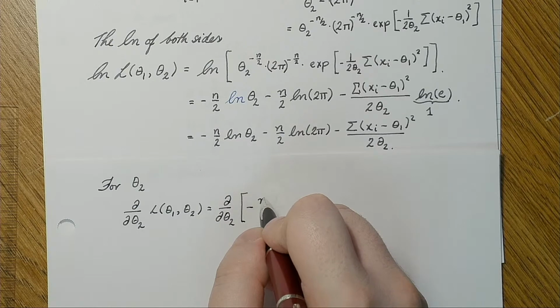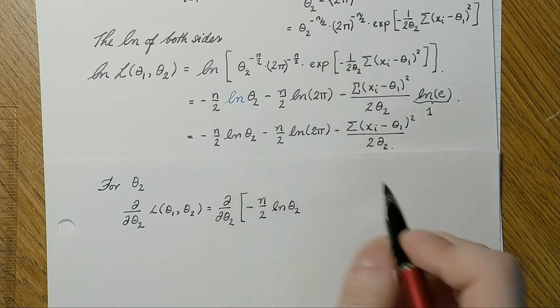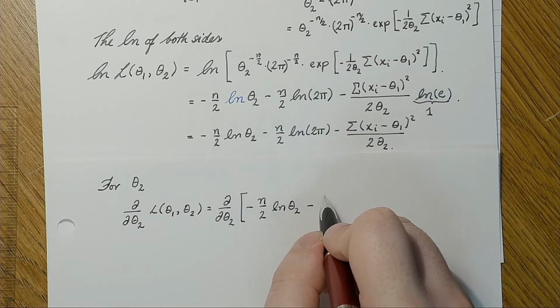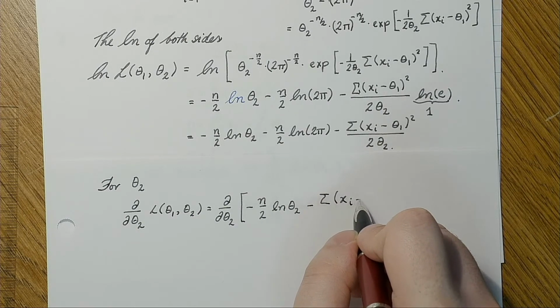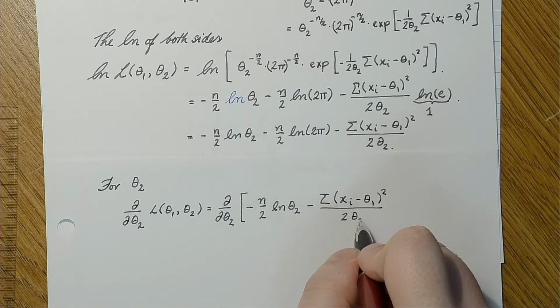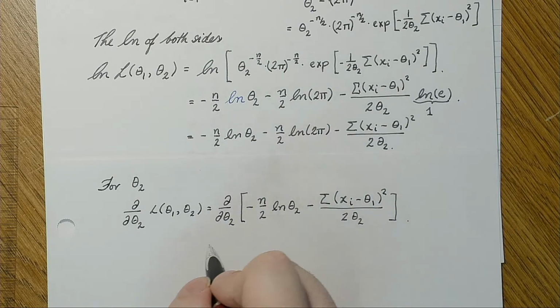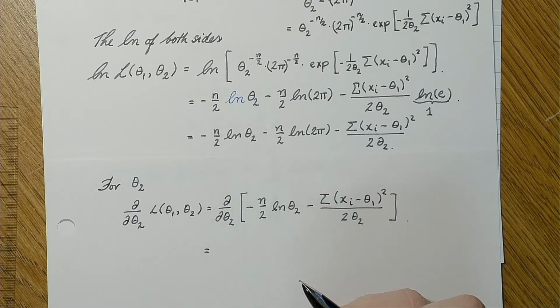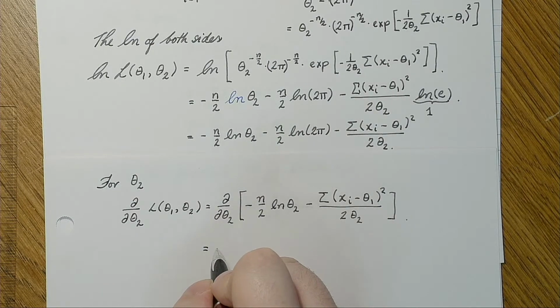So I have the minus n over 2 ln theta 2. Don't have to worry about this one. So same thing, when we take the derivative, we'll get minus n over 2